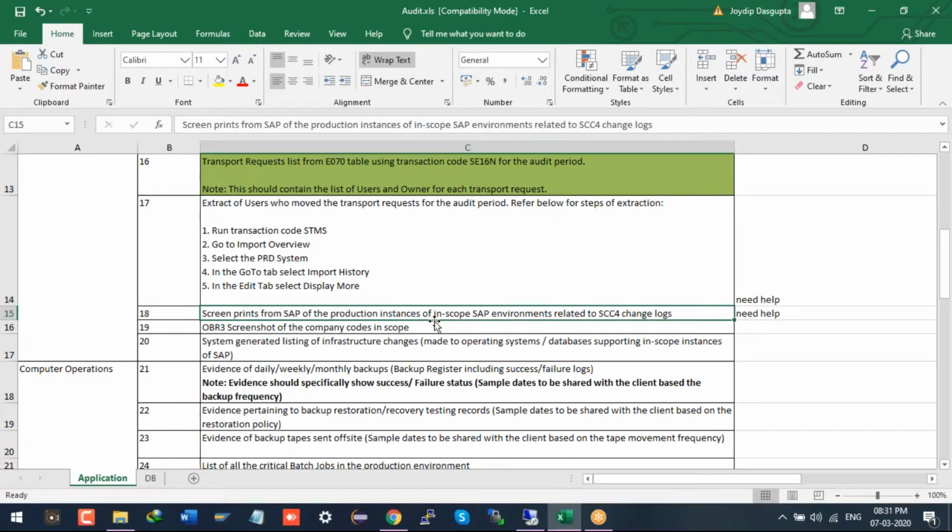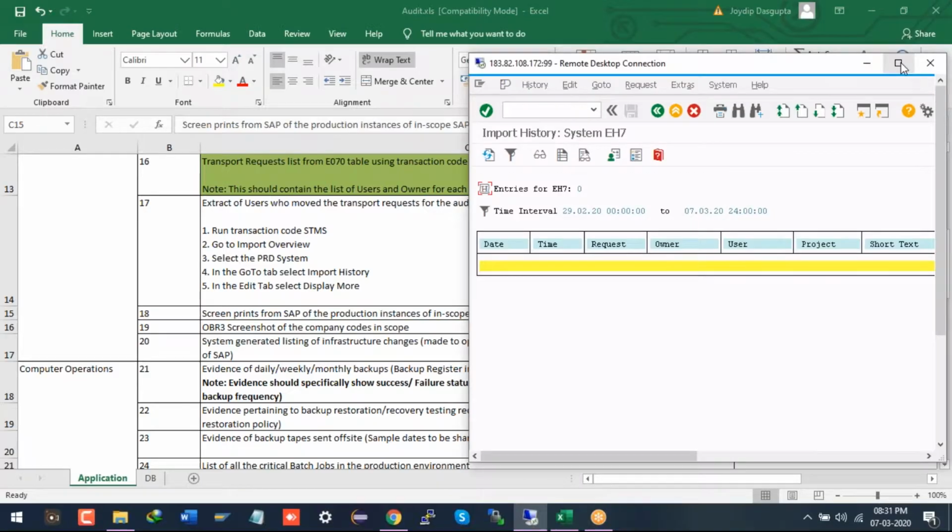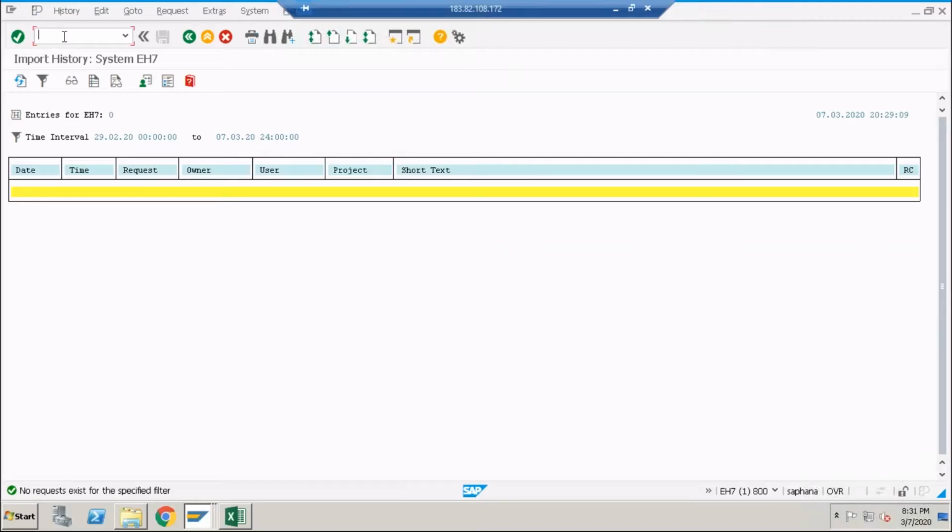SSC, for what kind of changes are done, you want to check it. With the transaction code level, you cannot check it. Acha, can I check this only from the OS level? For transaction level, but sir, for security, what kind of changes are done is just change logs. SSC4 you cannot do. Go for that particular SSC4 and just double click on that client. You can check in the detail.